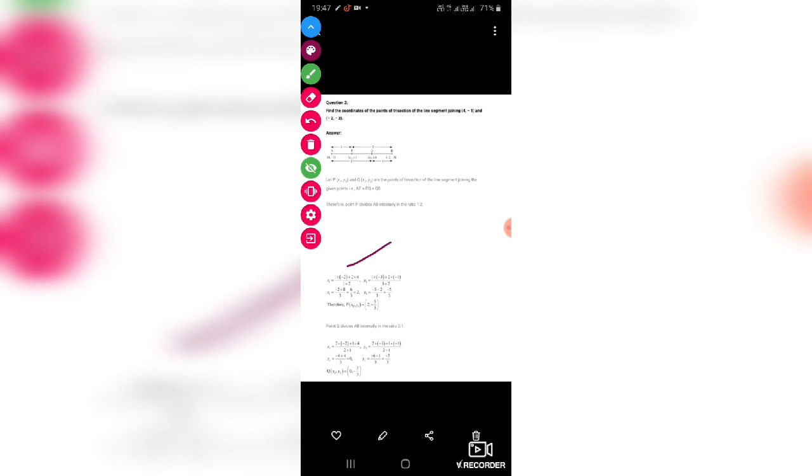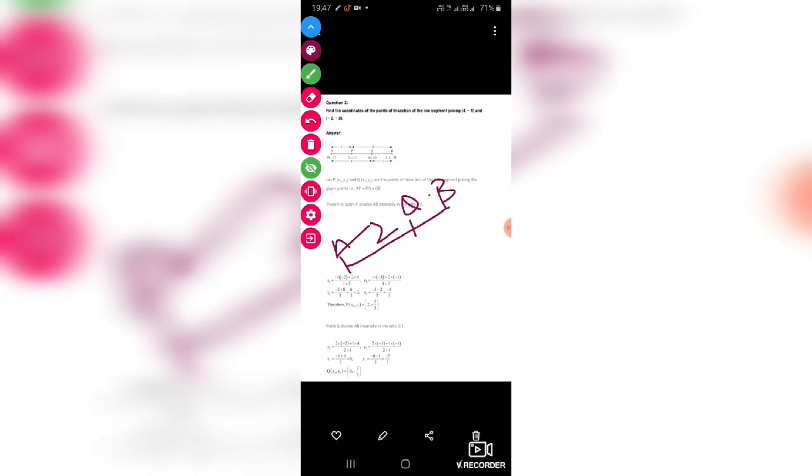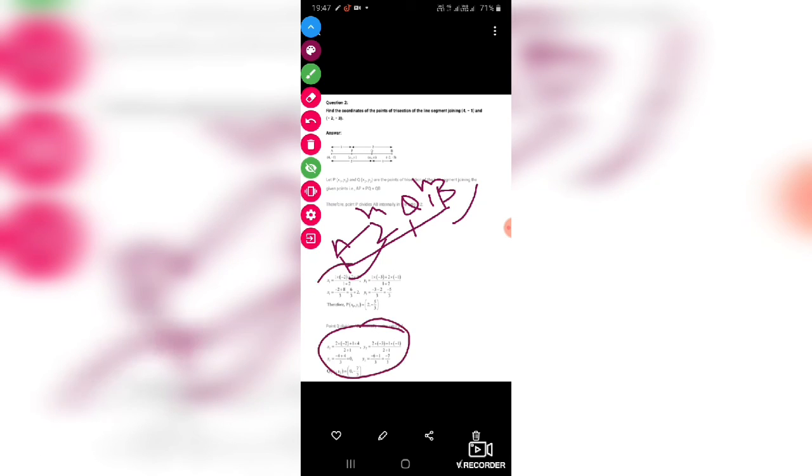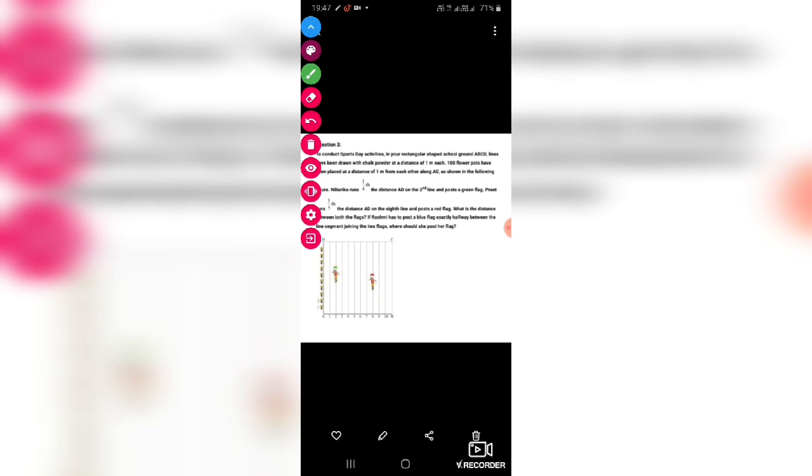Similarly, if we want to get Q, with A, B and this is Q, this is 2:1. This is our M, this is our N. This is x1 y1, this is x2 y2. Substitute in the formula and you will get the answer. In this way class, you have to try. In this way you have to do. Very easy exercise, just the formula we have to put.